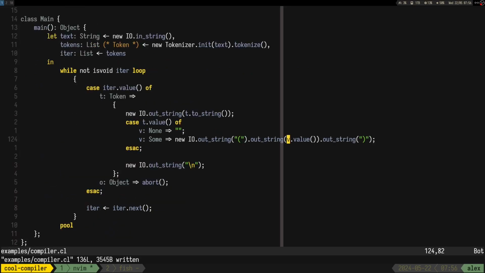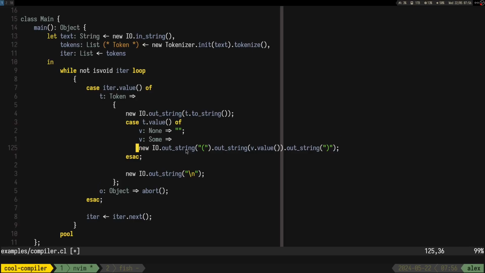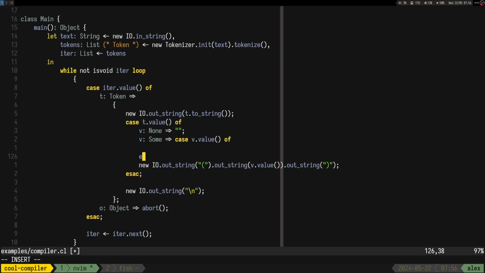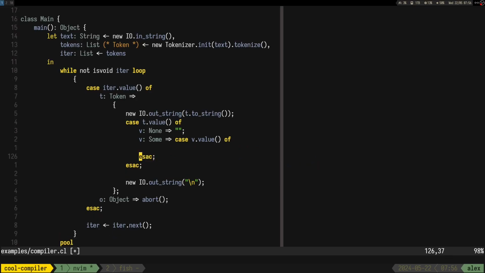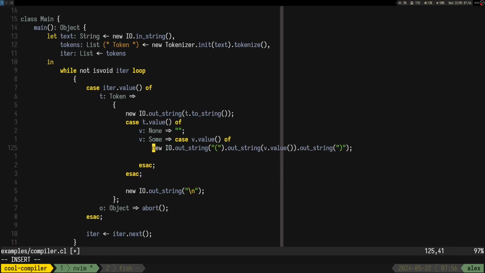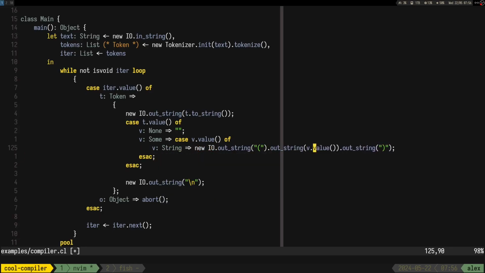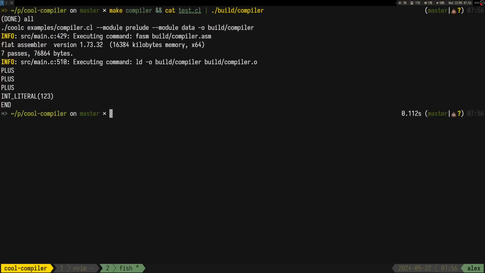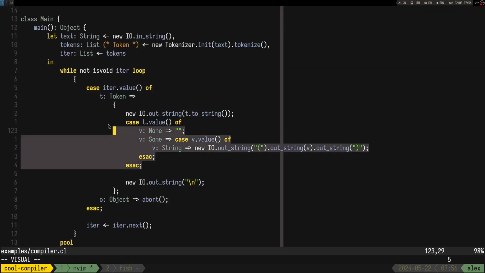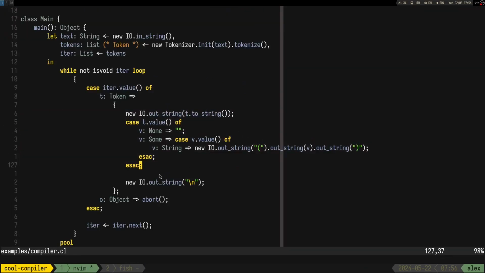So I would have to say here like another case. Let's do another case. That's why I didn't really like this optional, but I mean it's still better than ifs.